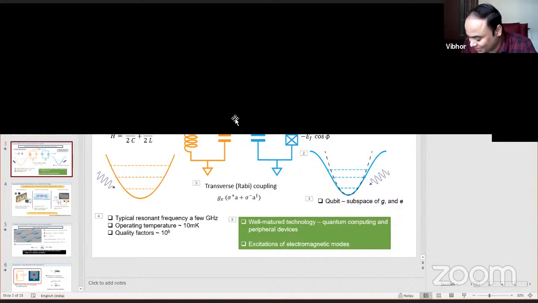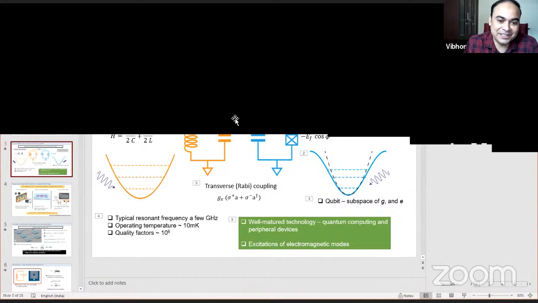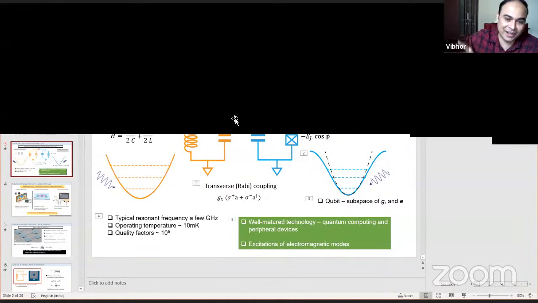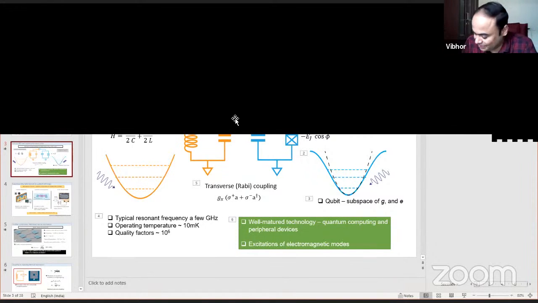To answer your second question, whether you can achieve nonlinear coupling terms, yes, absolutely. In fact, we are doing some experiments now where in the same experiment, we can achieve transverse and longitudinal and higher order couplings, which couple to things like A dagger A squared. Okay. So those types of couplings are also possible.